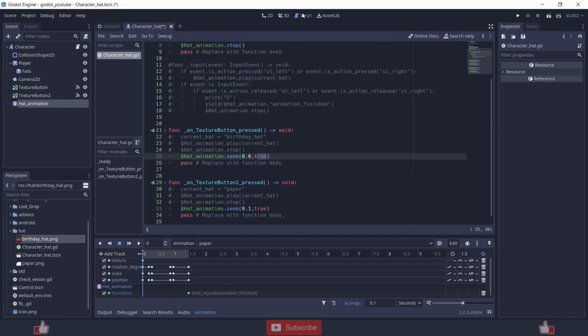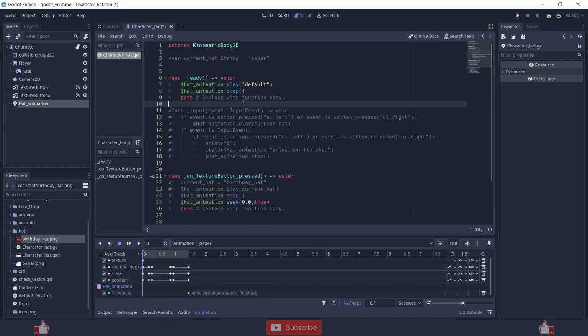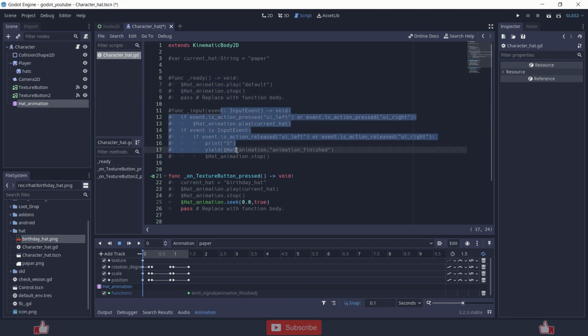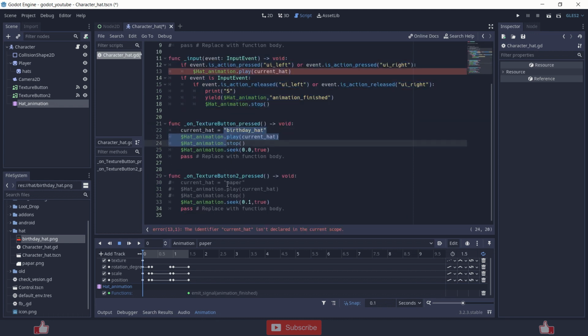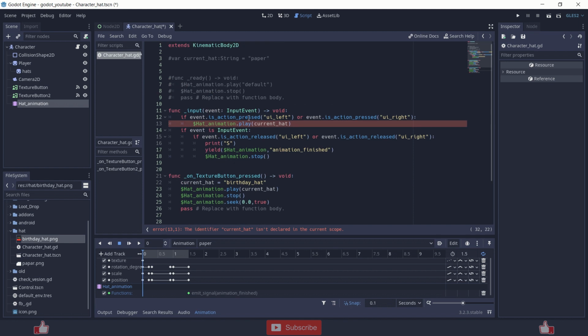So let's see how this script works. In this method I have no need of the ready function. I am using a variable called current hat, and I am assigning the basic one, or you can just not assign anything.